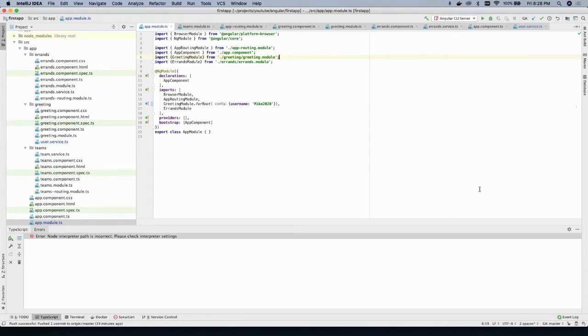In the example that I showed earlier, we had several modules. We had the errands module, which grouped errands related logic together. We had the Teams module, then we also had a greetings module. So what this does is, in most web UI applications or in most Angular applications, the logic can get quite complex. So instead of having one monolith of an application, you want to break it up into coherent units, in this case modules, so that the application is easier to maintain